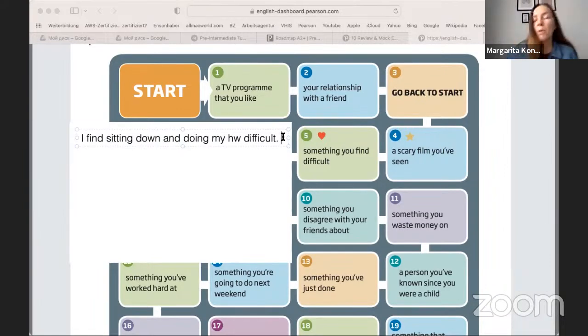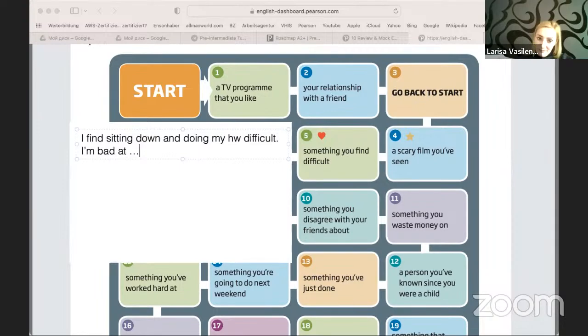Okay. Or we had also a good phrase when we say that we can't do anything. We can say, I am bad at something. For example, I am very bad at, I don't know, anything. For example, as for me, I'm bad at organizing my time. And I find it difficult to